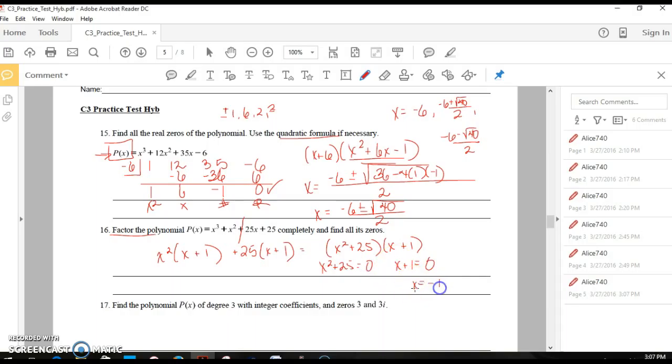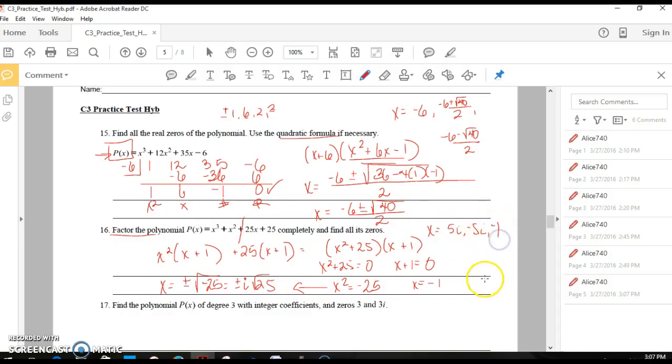So one of those is negative 1. Now, when you try to take the square root of a negative 25, that doesn't work. But if you think about taking the square root, I'm going to go this way since I'm out of room, I get the positive or negative square root of negative 25. And you pull out the i, right, so you'll have i times the square root of 25, which is 5. And so my roots are going to be 5i, negative 5i,